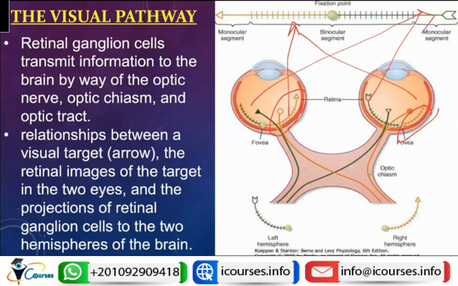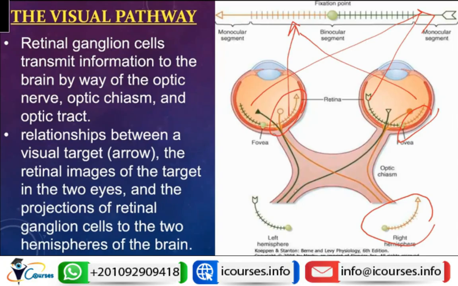So in the optic chiasma, the decussation occurs, so that the right optic tract will carry impulses from the temporal retina of the same eye and the nasal retina of the contralateral eye, and then it will pass through the visual pathway, through the lateral geniculate body and the optic radiation to the visual cortex, until it forms an image at the right hemisphere. This image of the right hemisphere is of the left field,